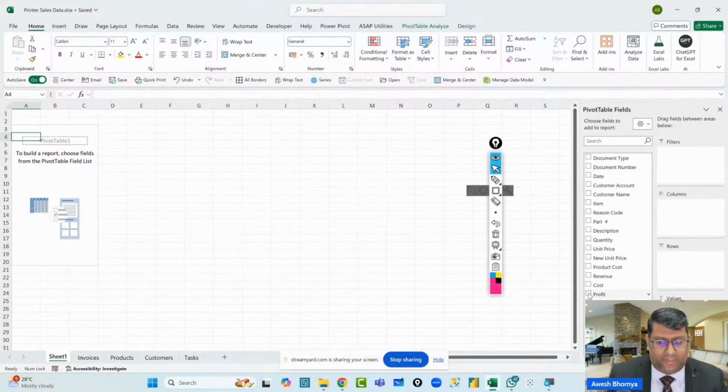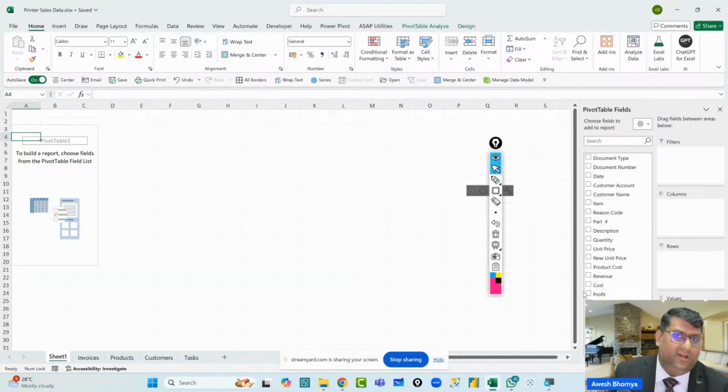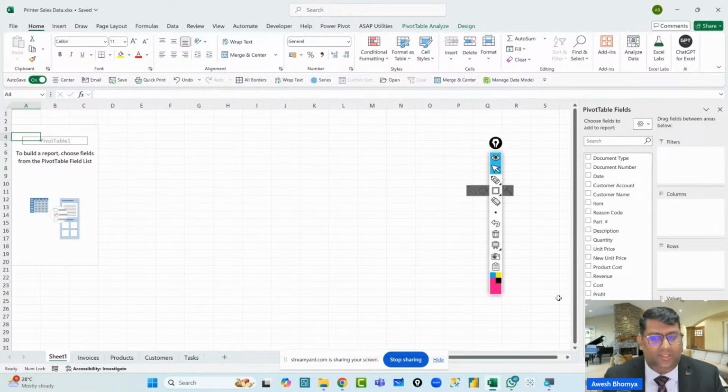Maybe I'll start off with the profit KPI. The moment I click on a field, it automatically goes to its respective area. But you can override that. A lot of times people do that because maybe they are missing something and want to fix it. Remember, Excel does not differentiate between qualitative variables and quantitative variables. So anyways, let's just click on profit.